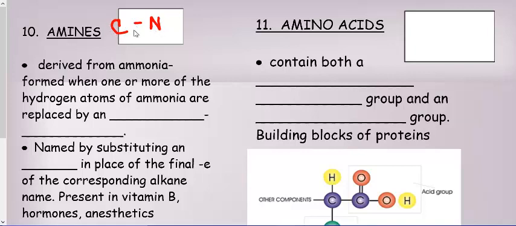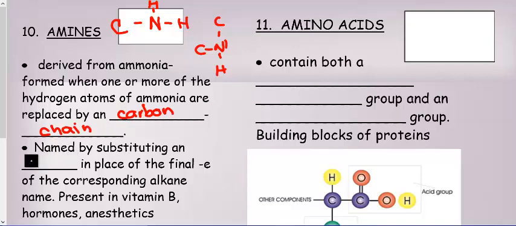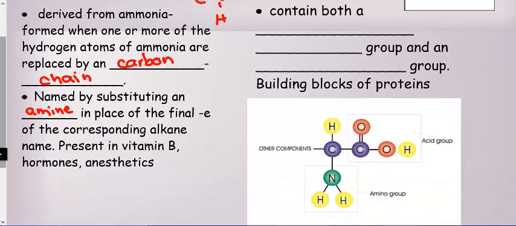So it's just an N group. Now these N's can have more than one carbon attached, or these could be hydrogens, okay? Like that. Or you could have something like this. But either way, there's an NH group attached to the chain. They're formed when one or more of the hydrogen atoms of our ammonia are replaced by a carbon chain. You name these by substituting an amine. You actually have the name of the functional group in the name in place of the final E of the